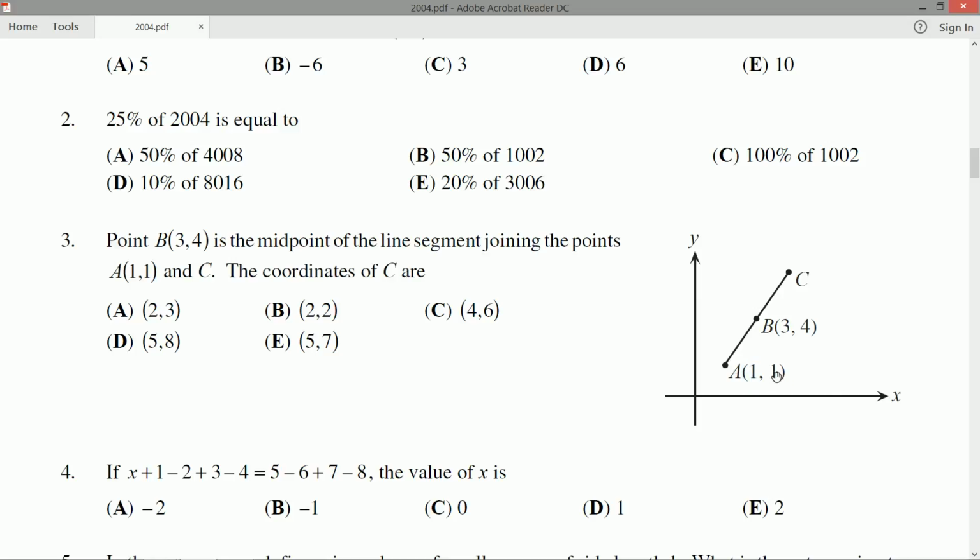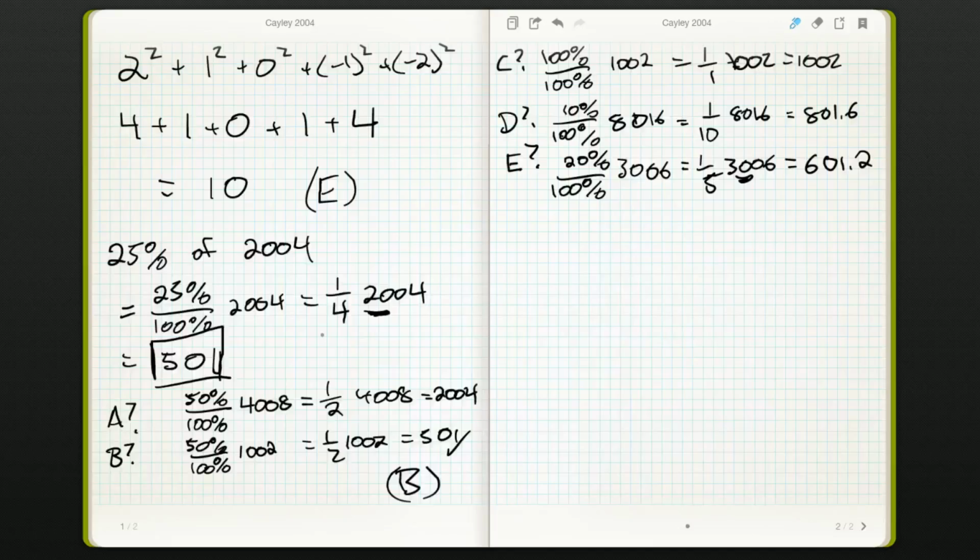We do the same sort of thing to go from A to B vertically. We jump up by 3. So to get to C, because B is half the distance, we should jump up by 3 again. 4 plus 3 is 7. Right, so that's how I did it very quickly in my head, but you don't need to worry about that. What I'm going to do is say, let C have